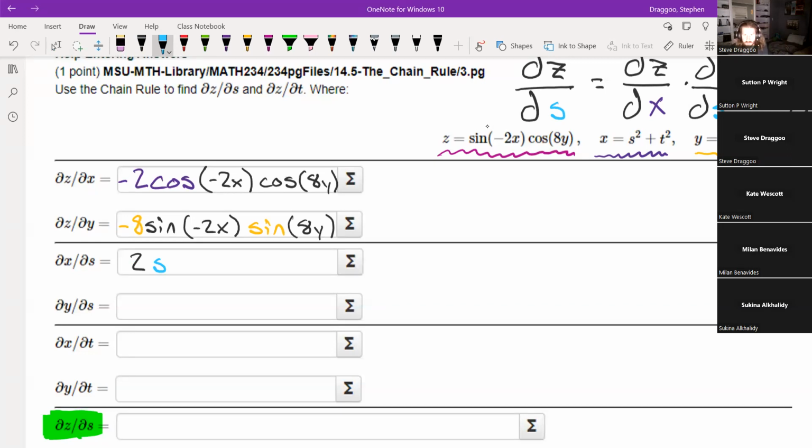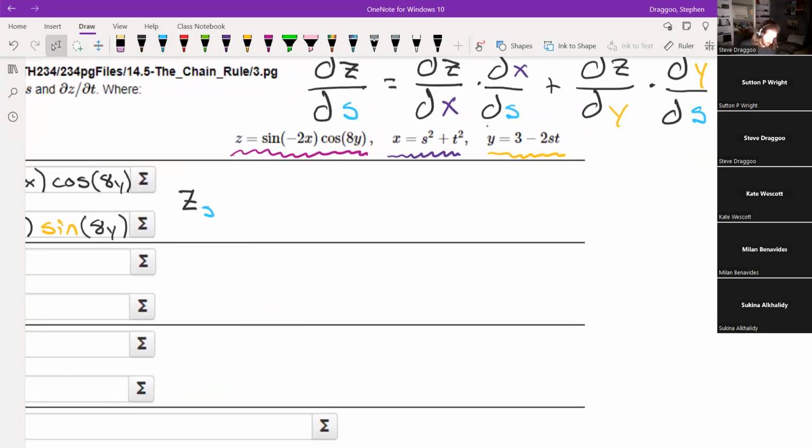S squared's derivative is 2s, t squared's derivative is 0. On to the next part, 3 minus 2st. That derivative is negative 2t. All right, and now let's put the structure of this thing together. If I want z partial s, which is the thing I'm after,